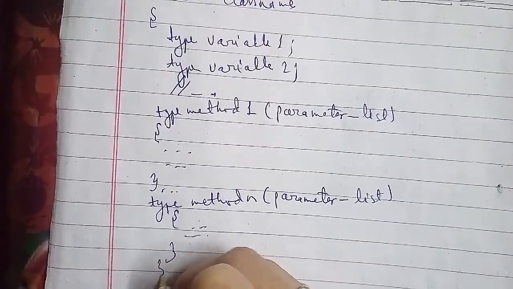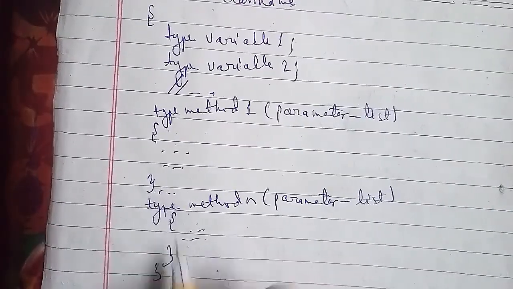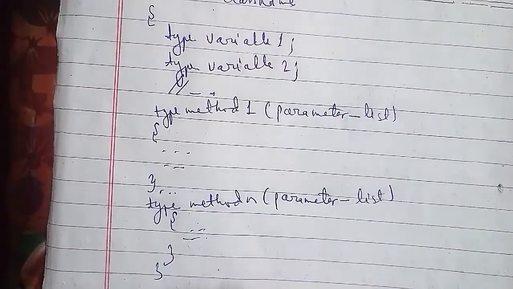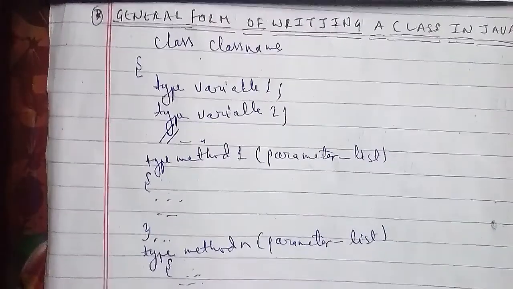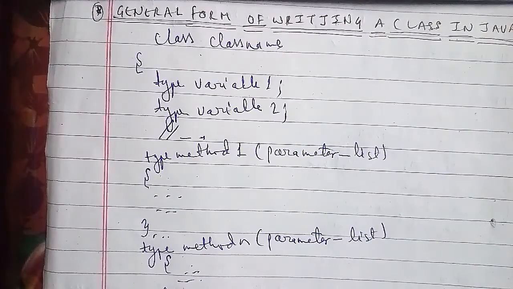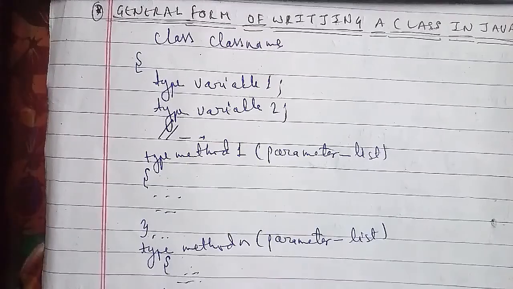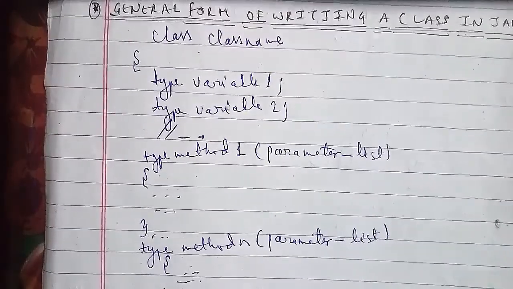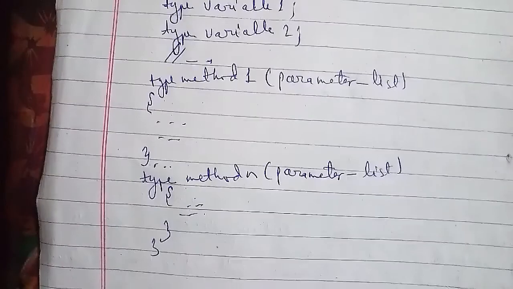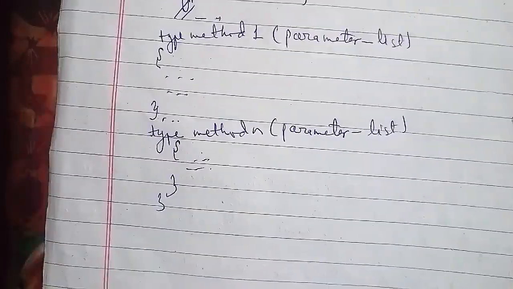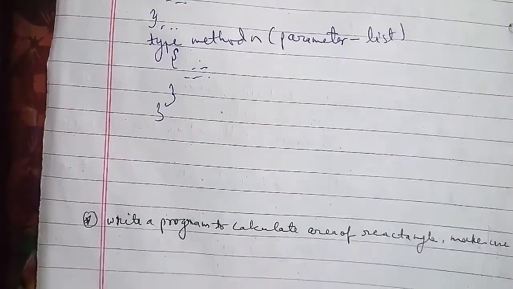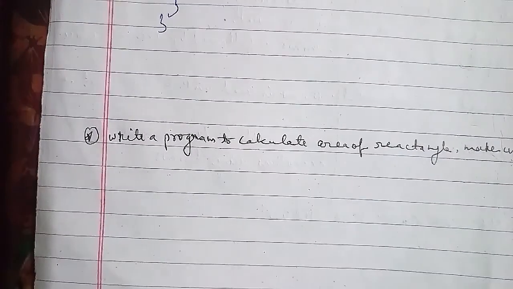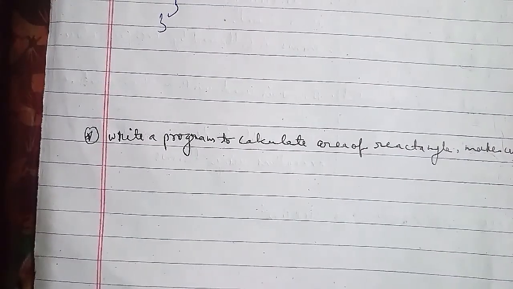Let's go ahead with another one, and what we have to discuss is: write a Java program to calculate the area of a rectangle and make use of a class in your program. That is what we have to do. As you can see, we have to write a program, so we start with writing a program to calculate the area of a rectangle that makes use of a class in your program. So you have to write it out. This is a Java program which shows the use of a class in the program.